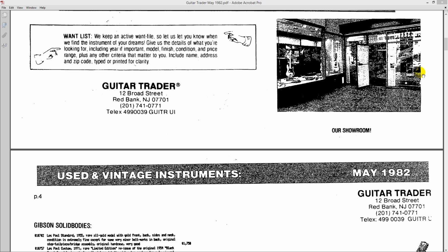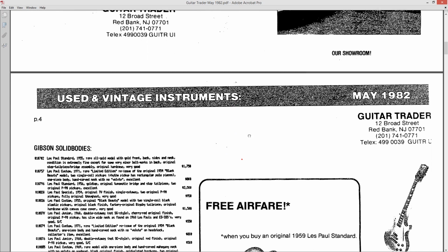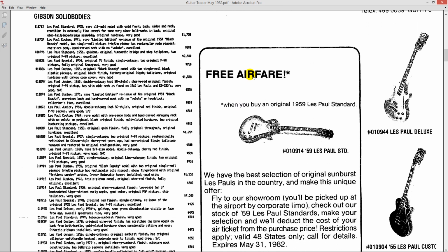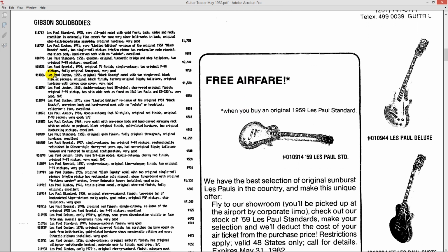These weren't originally in color. They sort of looked like this: computer-printed flyers in black and white. So I made a black and white PDF of it to bring out the black against the white a little stronger so we could read it better. This is the May 1982 issue. I thought we could take a look at the Gibson solid bodies and all lament what they